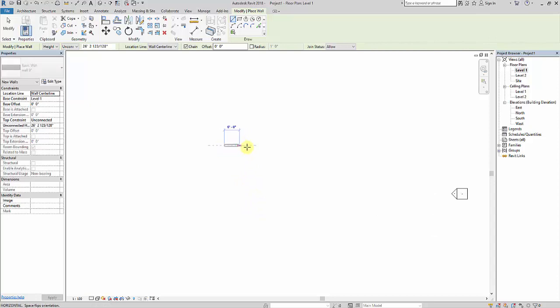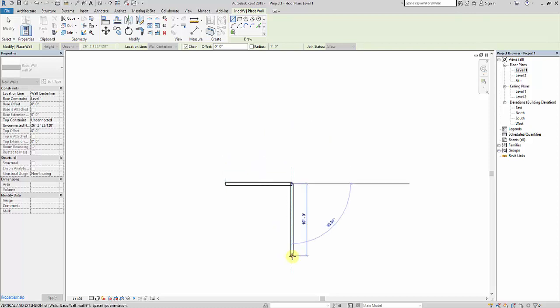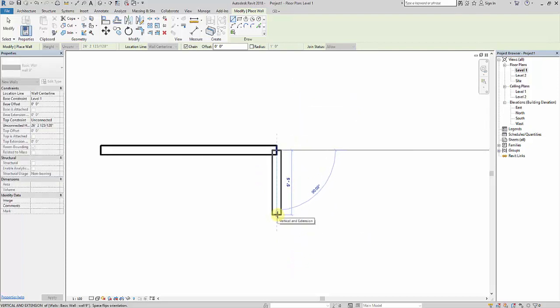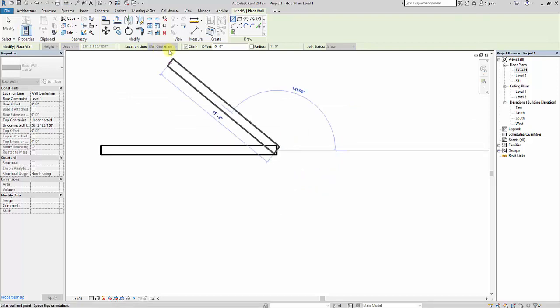I'll start placing it from here. Whenever I place any plan, it should be within these four views, so that I get all four elevations visible easily. I'll start from here and place my room. For example, my living hall is 15 feet by 16 feet. But you can see here the wall is getting merged inside the wall. Why? Because the location line is set as wall centerline. So whenever I place a wall, I need to set the location line as well.